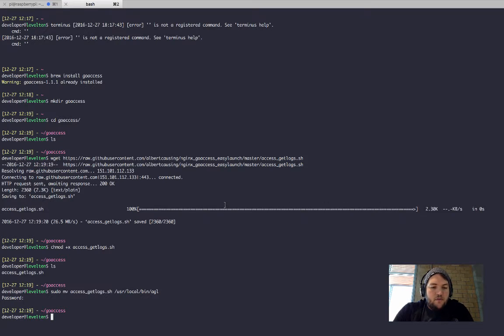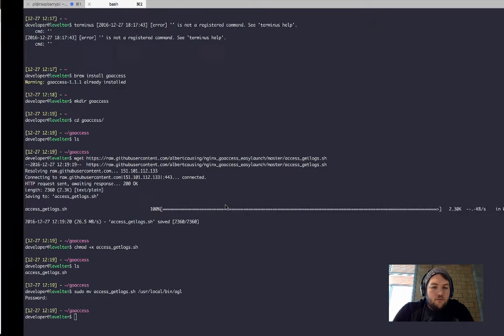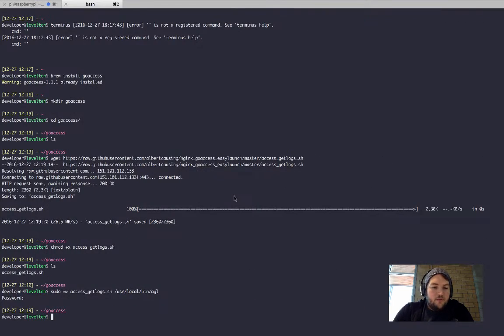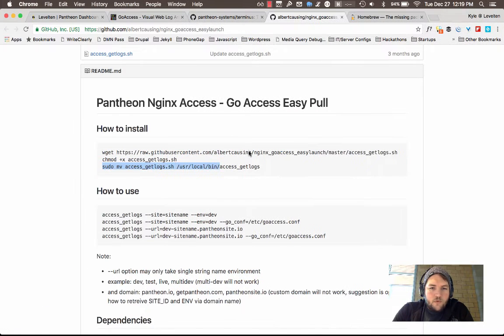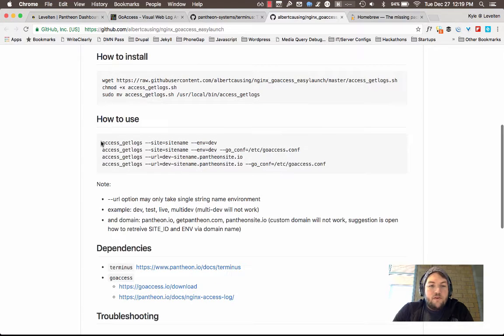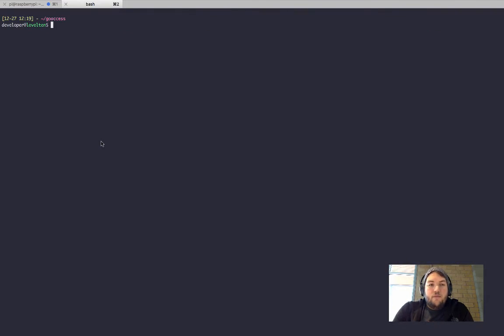So now, instead of writing out access get logs, I'm just going to write AGL instead. So from here, what we can do is it's really simple. If you've ever used Terminus before, it's a really simple structure. So I'm going to write term or terminus, and then, for example, if I want to run a drush